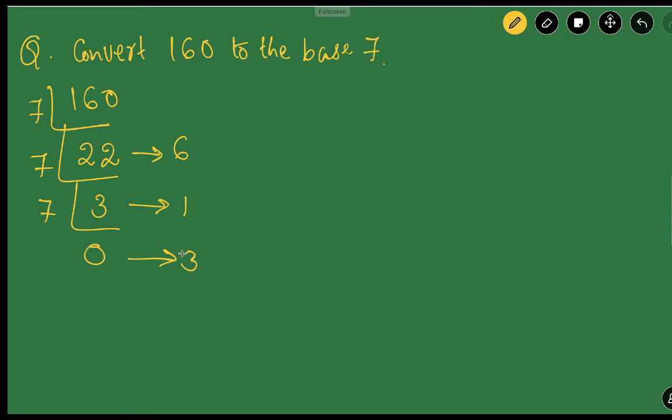So we need to write down the remainders in the reverse order, in the upward direction. So 160 will be equal to 316 in base 7. Next question is to convert 10 raised to 6 to the base 26. In base 26,